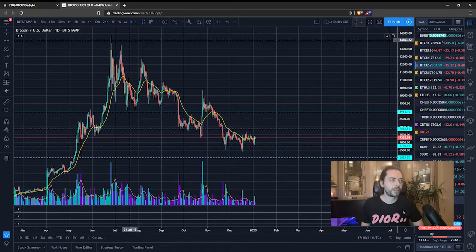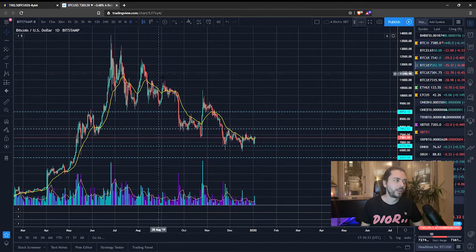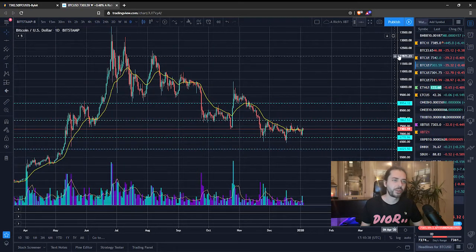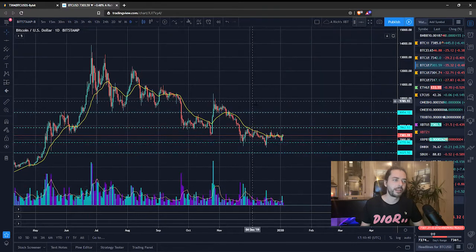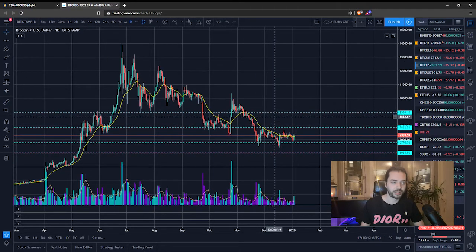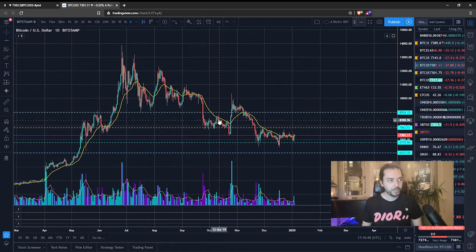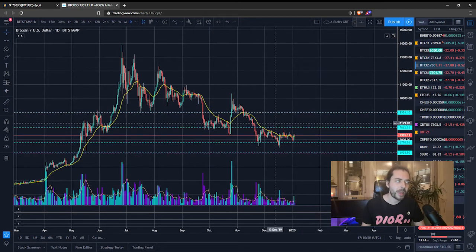This is the Bitstamp chart, and it's the daily view. And you can see the supports and resistance horizontal lines that we drew on here to indicate areas where there could be potential support or resistance. As the price comes up to it, it would be resistance, and as the price dropped down towards it, it would be potential support. But this is obviously on a bigger time frame than what we're going to be looking at today,